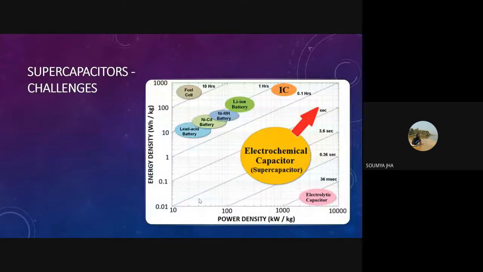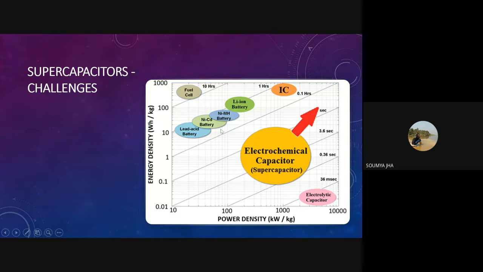Now, from this graph, you can observe that the fuel cell has high energy density, whereas the electrolytic capacitor has high power density. High energy density means it can store as much energy as it can, but at high power discharge, the electrode capacity of such kind of material will deplete. So